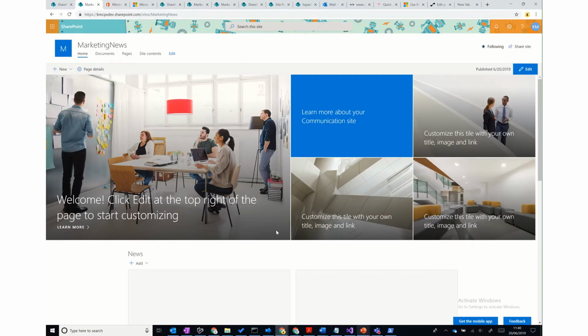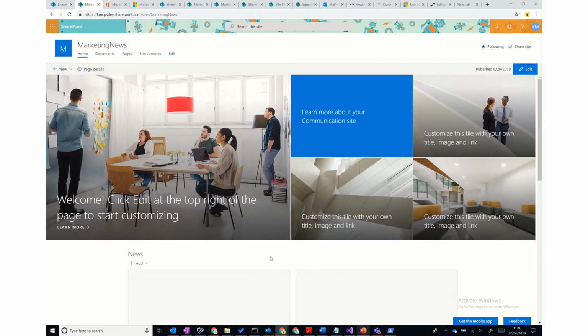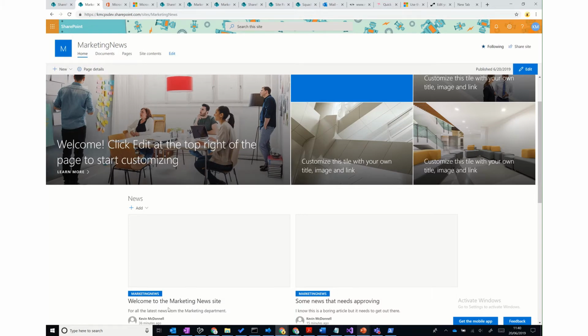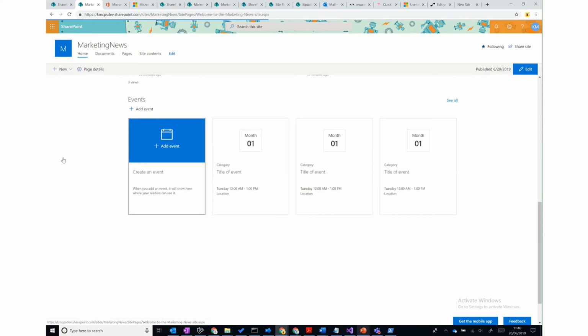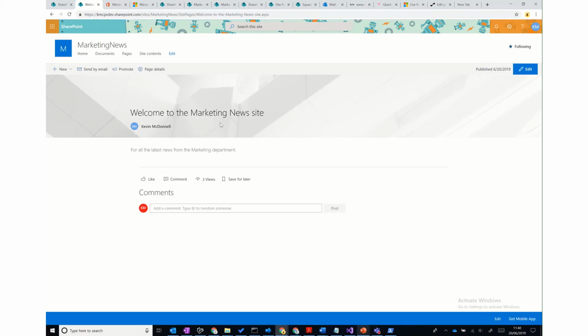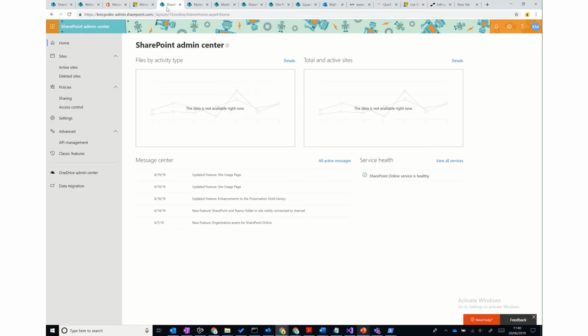So we've now created our marketing news, we've added the org news parts to it, and it's all looking relatively good, with the exception obviously of not currently being able to do the audience targeting. One other thing though with the audience targeting is that as well as using groups, you can actually create your own audiences. So if I jump into the SharePoint Admin Center up here, nice bright shiny new Admin Center, then